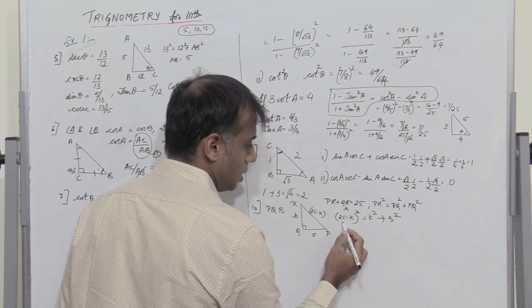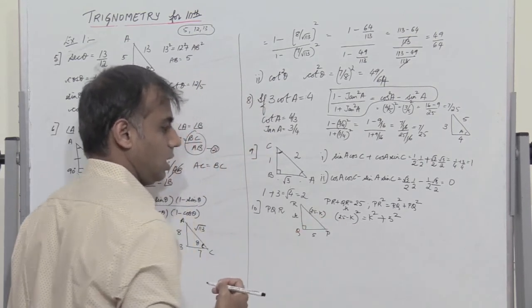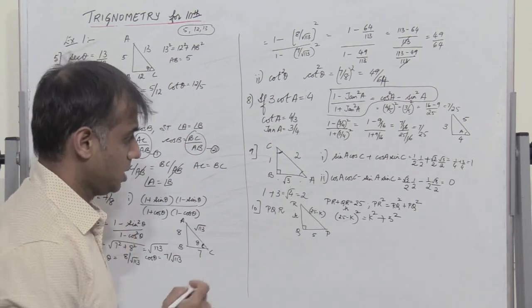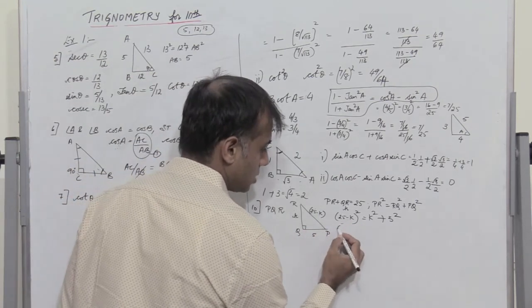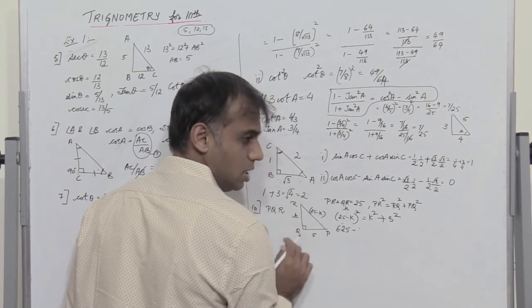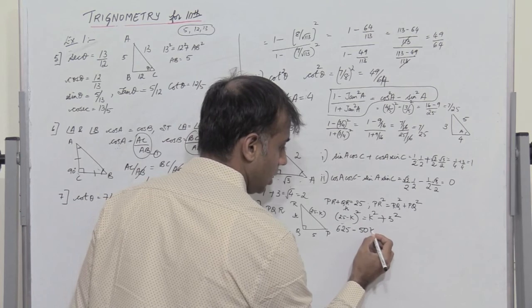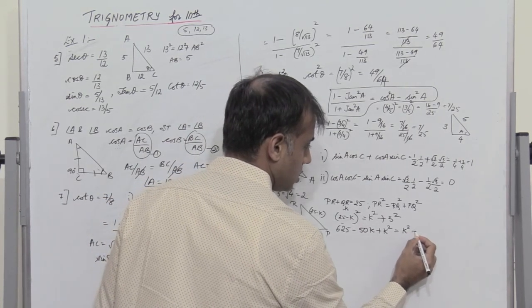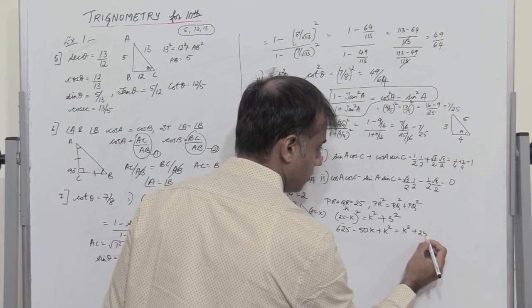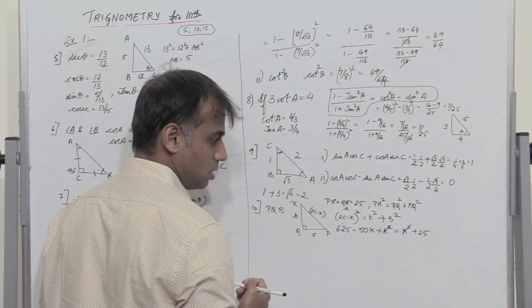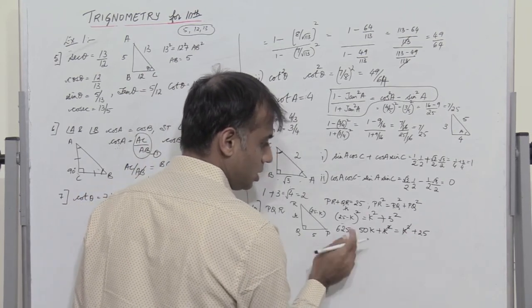So this is of the form A minus B the whole square. So it is A square minus 2AB plus B square. So I have A square is 625, 25 square, minus 2AB, so I get minus 50K, plus B square, which is K square, equals K square plus 25. Okay, so K square gets cancelled. So I bring this 25 to this side, so I get